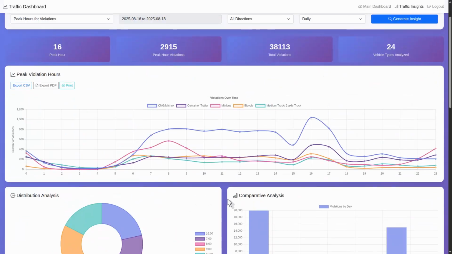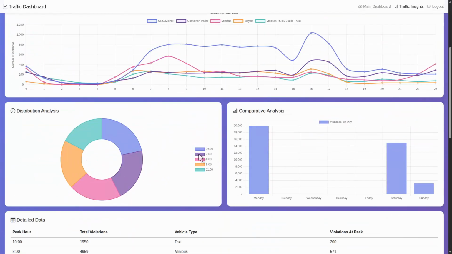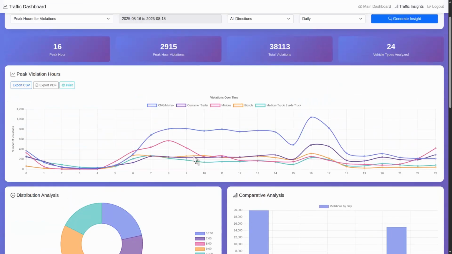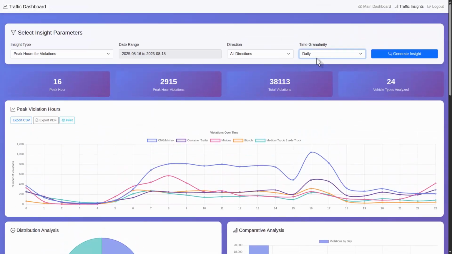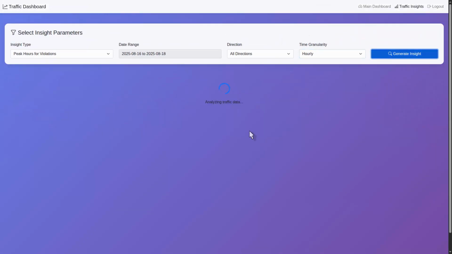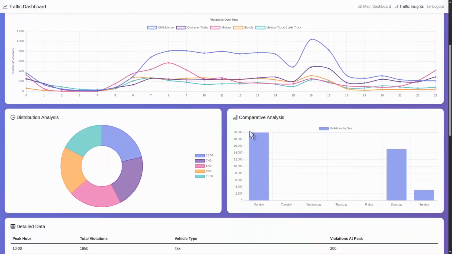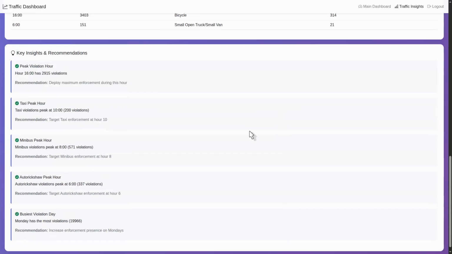This is not in general, so don't get confused. This analytics is within that time range, 16 to 18. And the violations over time,